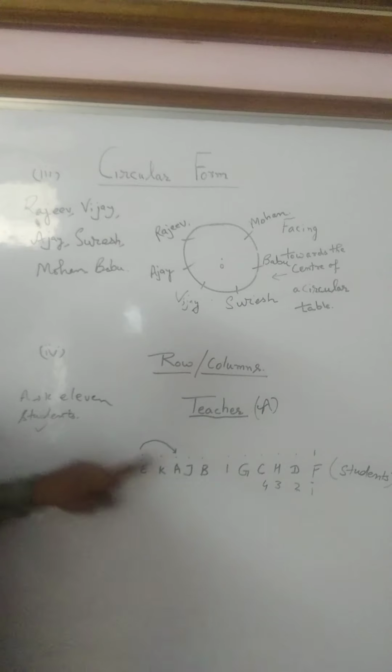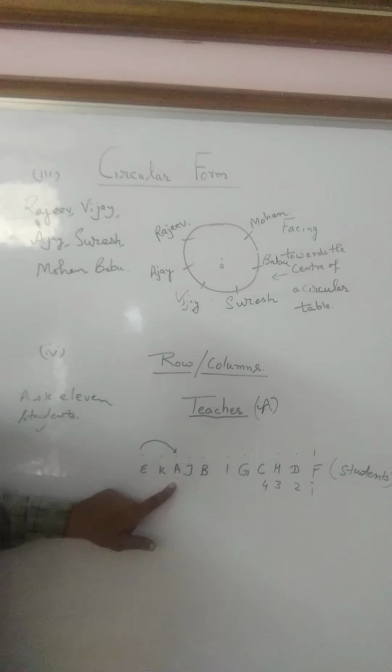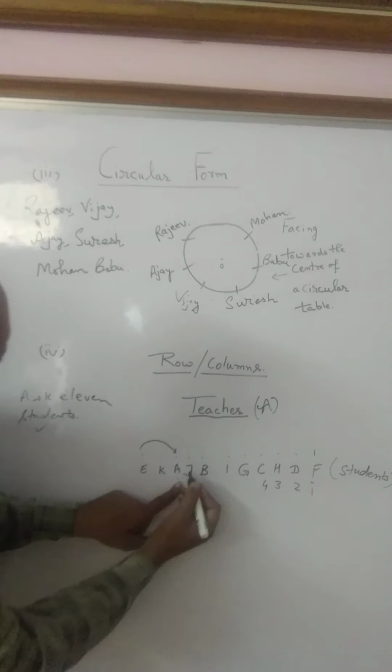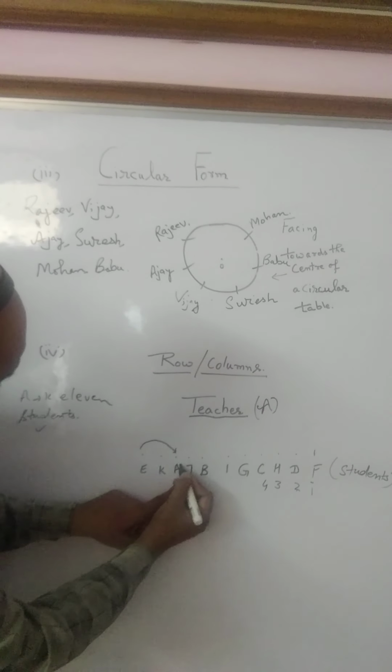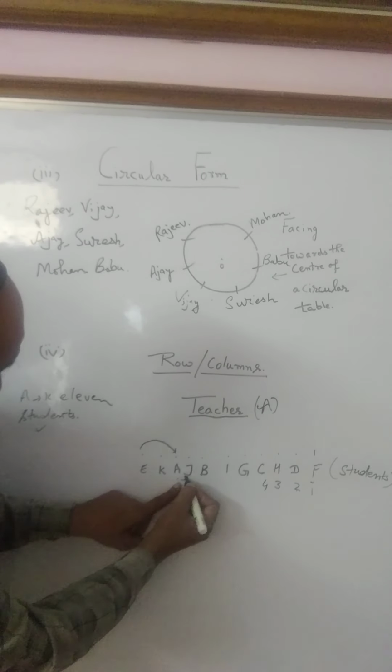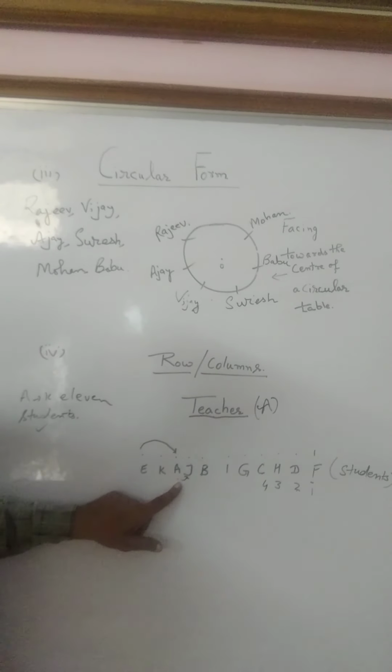Then who is at one end, so it means E is at the last position and from the left hand side he is at the second position. Then A is second to the right of E, who is at one end. J is the nearest neighbor of A, means J is his right hand neighbor. So J is sitting at the right hand side of A, and B is to the left of G.